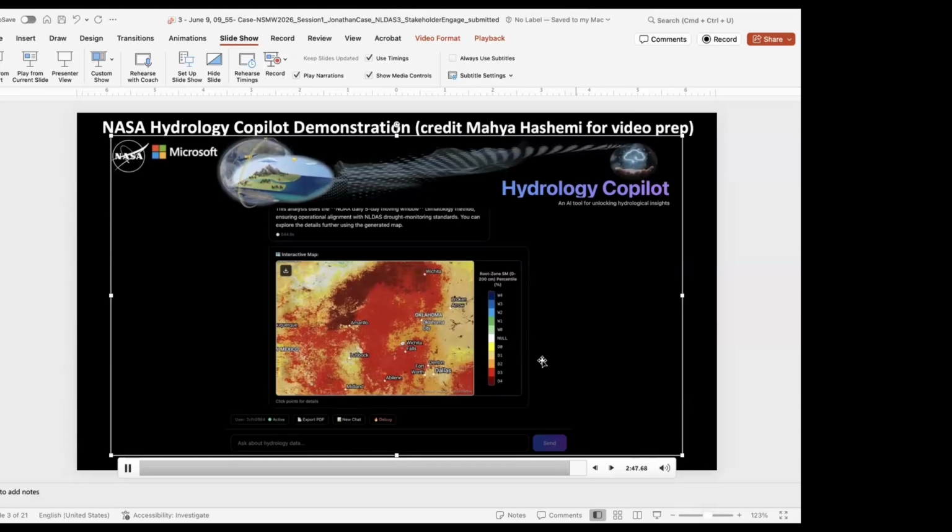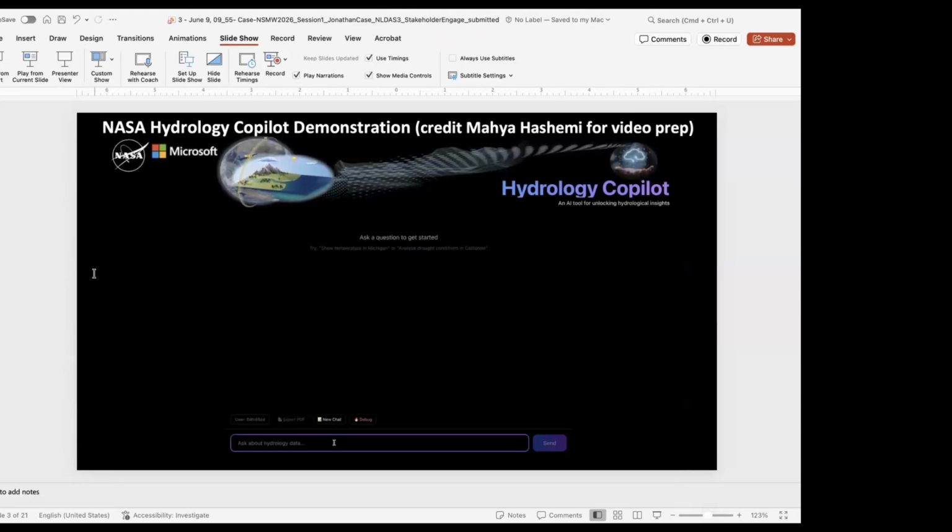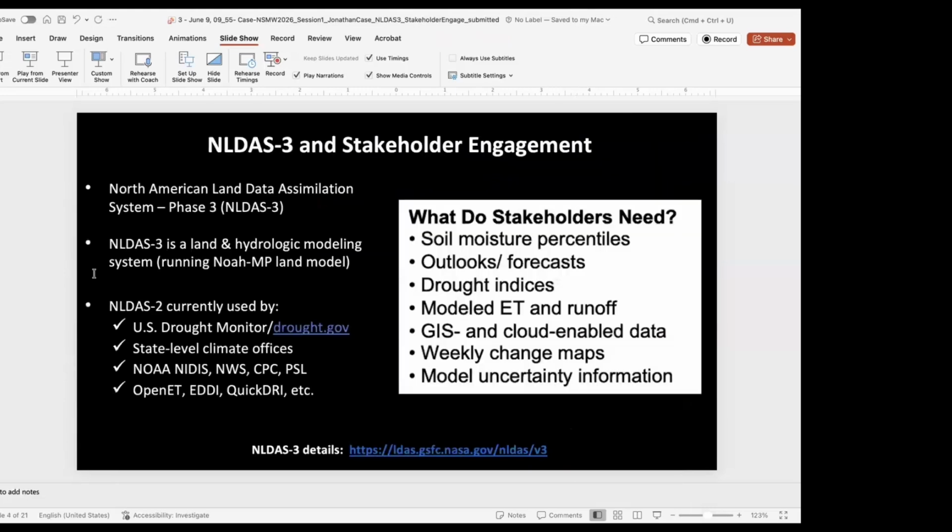So now we'll get to the standard part of the talk. And so at the crux, like I said, of NLDAS-3 development is stakeholder engagement and co-development. And so Kim Locke and Ryan Wade in the audience here, they are heading up our initiatives to engage with the stakeholder community to make sure that applications can be developed that meet the needs